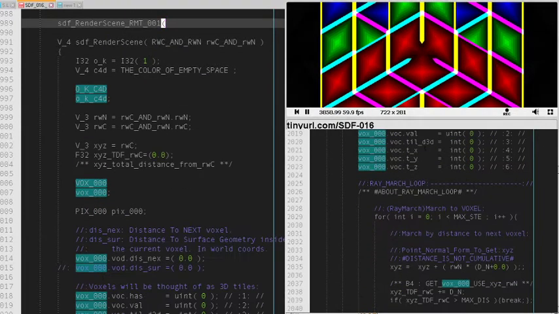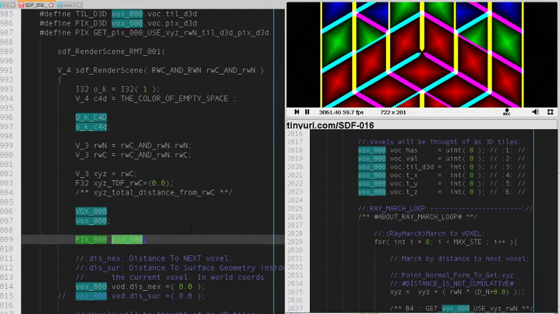And the voxel object and the pix object are kind of created with,